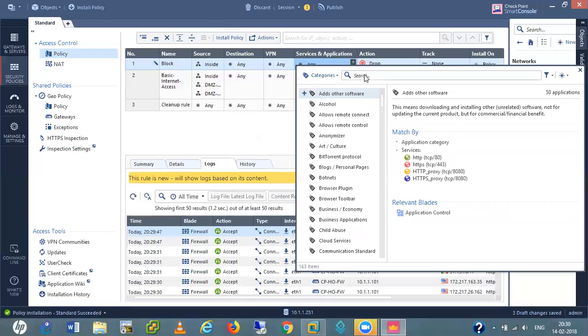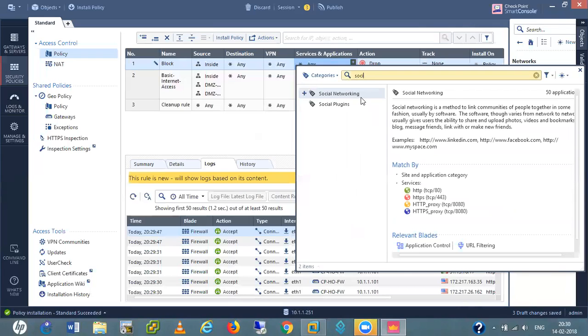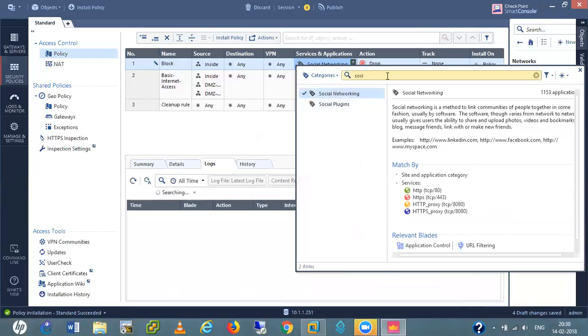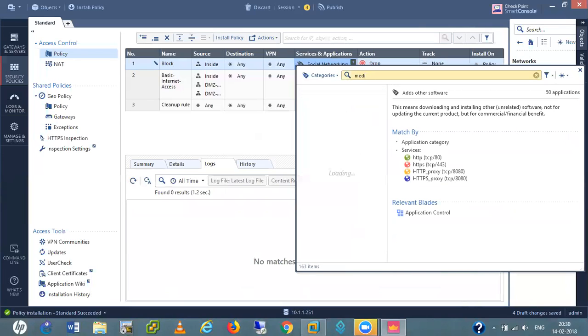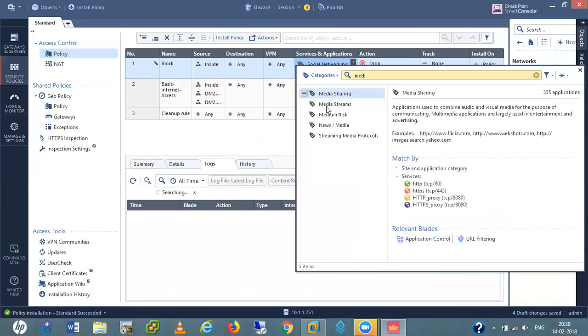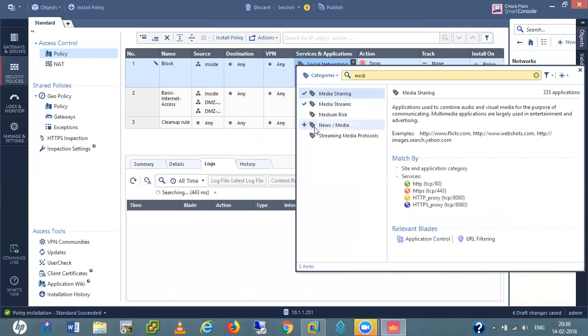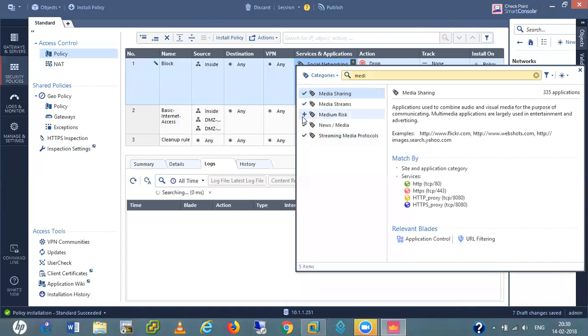Okay, and blocking all social media, social networking, and media streaming, media sharing, news and media, distinct media protocol. Let me leave it default for media.